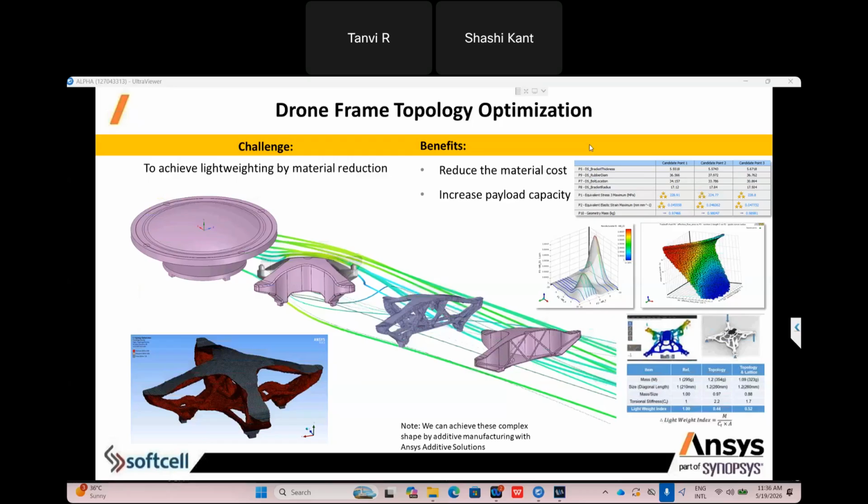So this is one more example. As I told you about the manual optimization and parametric optimization, this is, we can say, topology optimization. Topology means you see the initial stage of the structure or body of the eVTOL. Just for example, first you can see something circular things are there. So this looks very heavy. So once you import it in the Ansys software, then Ansys can tell you exactly, as per the loading location, as per the boundary location, which type of structure is required for the eVTOL.